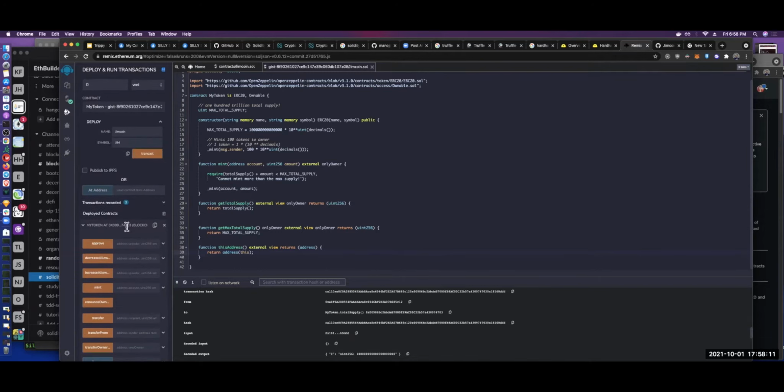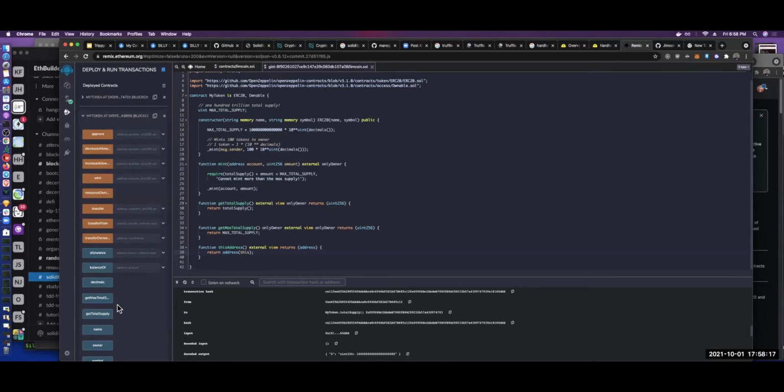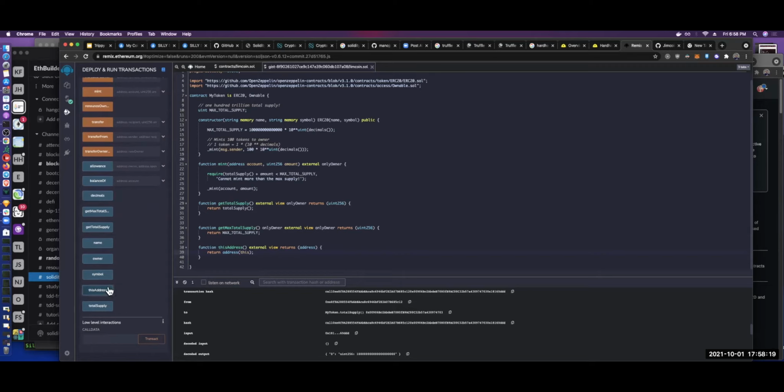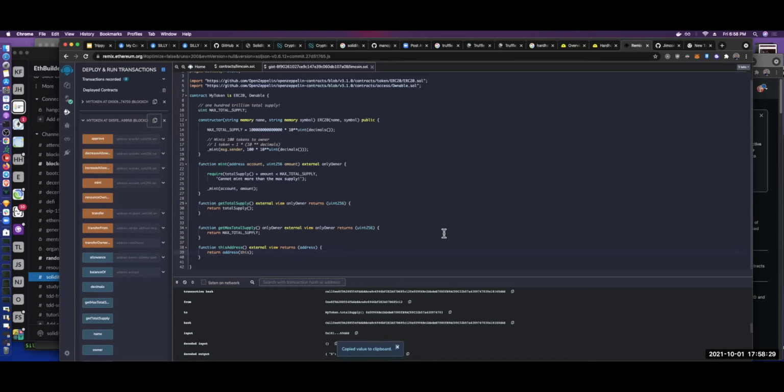Oh, my token here. Sorry, this was the address here. So this one then deployed again. If I say this address, yeah, this 95V is the same as this 95V. So you could just copy it here. And then